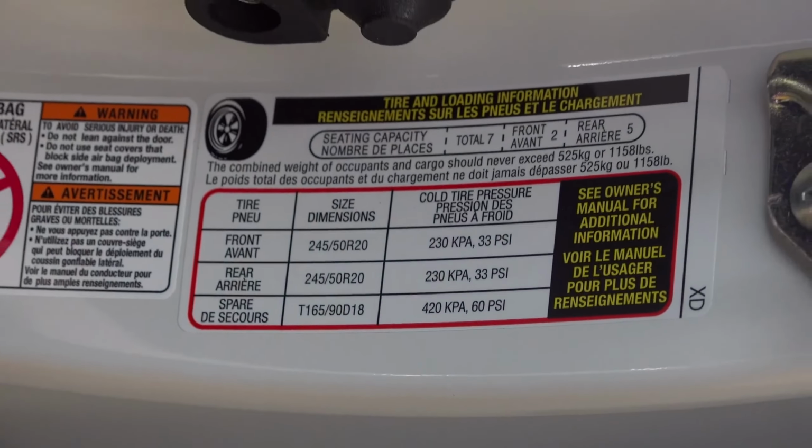Number 4. Monitor and change coolant. Coolant plays a critical role in regulating your engine's temperature, preventing it from overheating or freezing in extreme weather. But it doesn't stop there. Coolant also contains anti-corrosion additives that protect internal components, including the radiator, water pump, cylinder heads, and engine block from rust and corrosion. Over time, these additives break down, and the coolant becomes acidic, leading to corrosion of sensitive parts